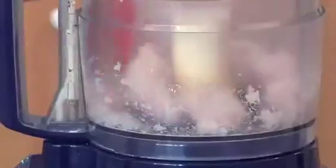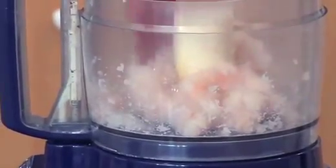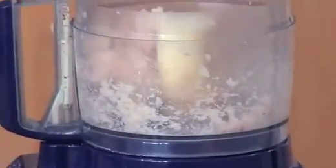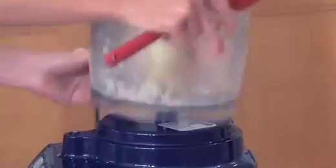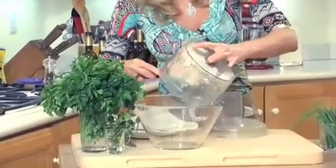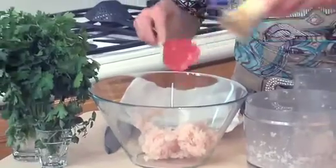Now I'm just giving these a little rough chop in the food processor. Give them a little scrape down to make sure that everything gets chopped evenly. There we go. And it's going to go right into this bowl. The last little bit off of our blade here. Next, we're going to do the